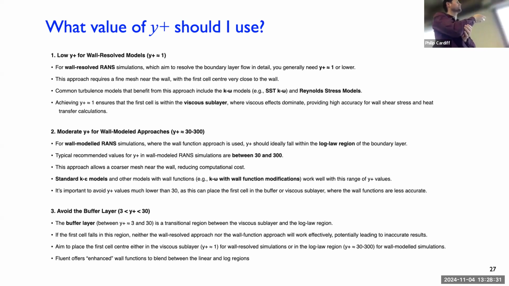And for example, this K omega SST, this is the default in Fluent and OpenFOAM, actually will work well in those situations. And for moderate y plus of the order of 30 to 300, that's the standard wall function approach. So that's when wall functions will work. So standard K epsilon with wall functions will work. And then just a comment: for most of whatever you're trying to calculate the drag on, try not to have the y plus in the buffer region, because then you're not resolving the boundary layer